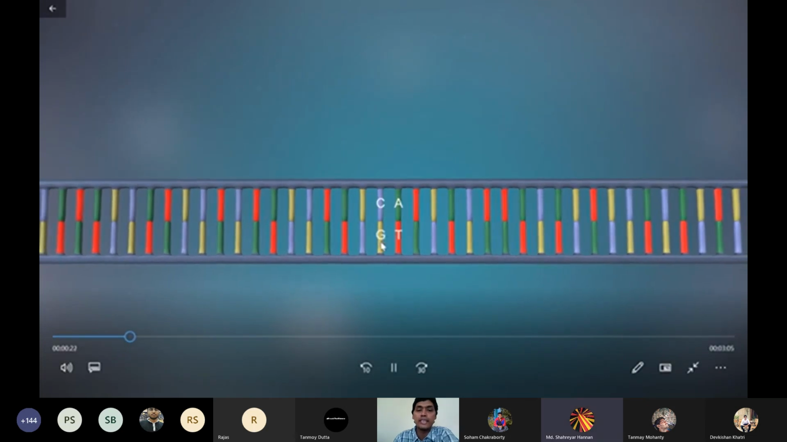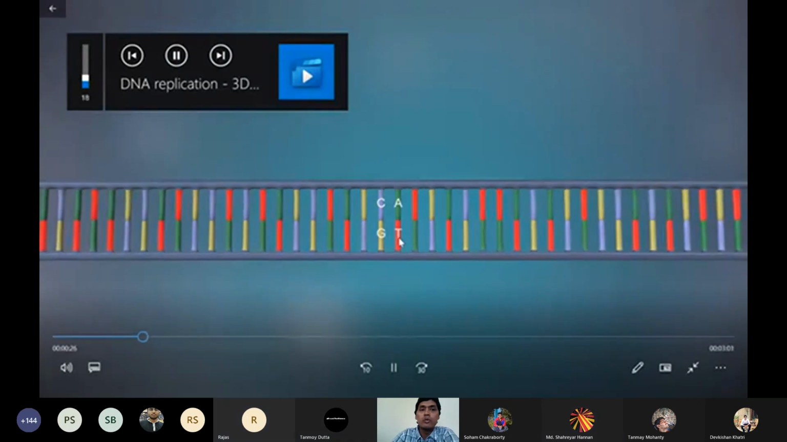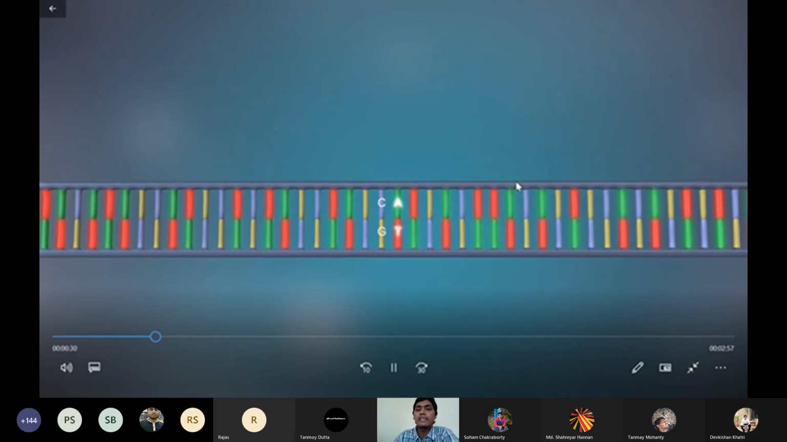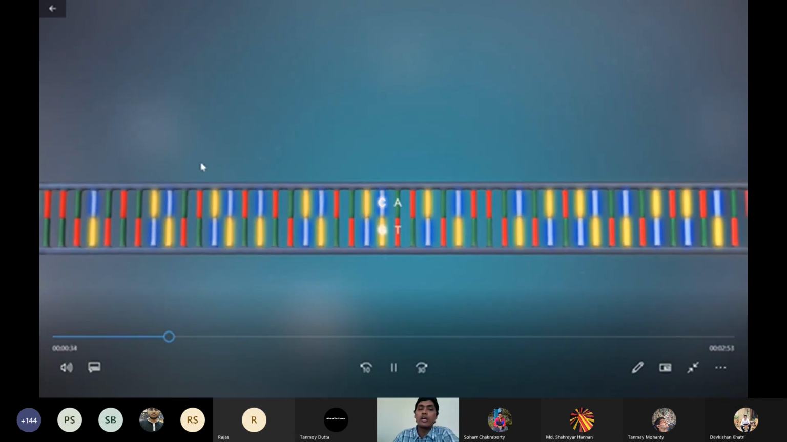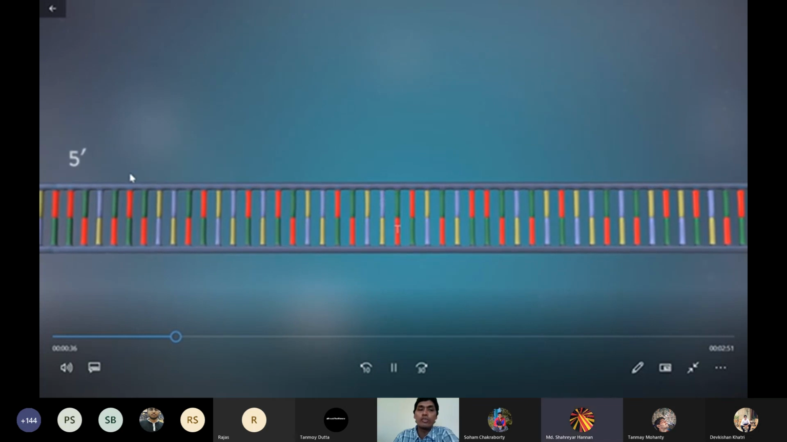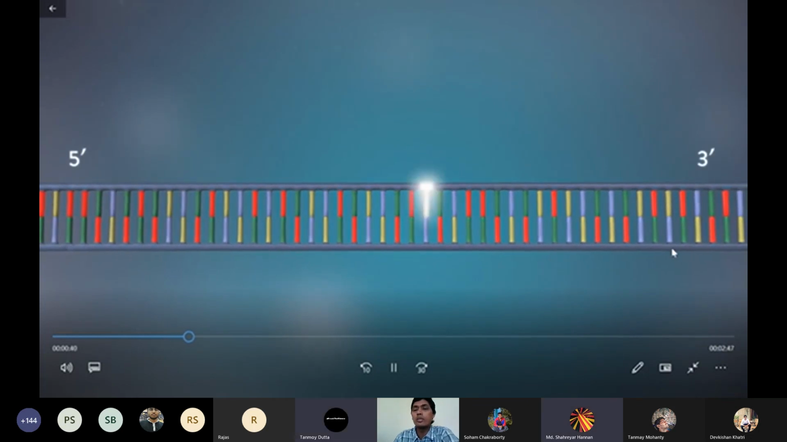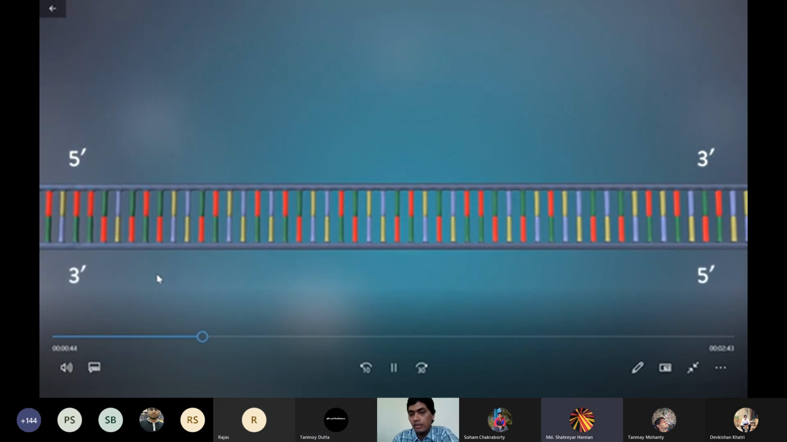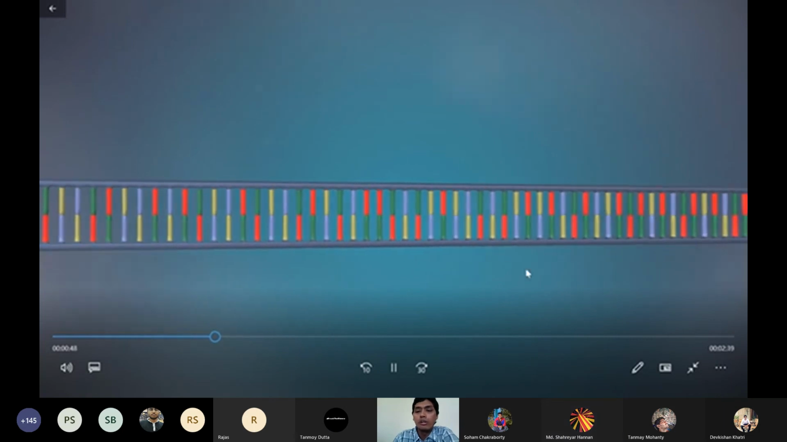See, the strands are running anti-parallel, that I always told you: one strand will go 5' to 3', the other strand will go 3' to 5'. So as a result of that, now